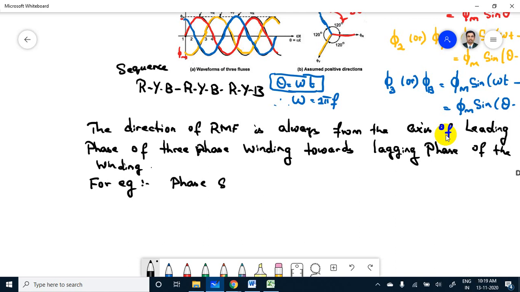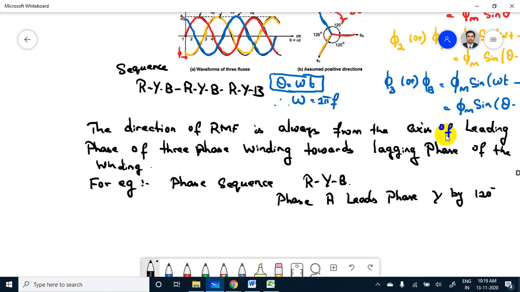What is the phase sequence? It should be R, Y, B. Phase sequence I am taking R, Y, B. Okay. So this R phase leads Y phase by 120. Okay. The phase R leads phase Y by